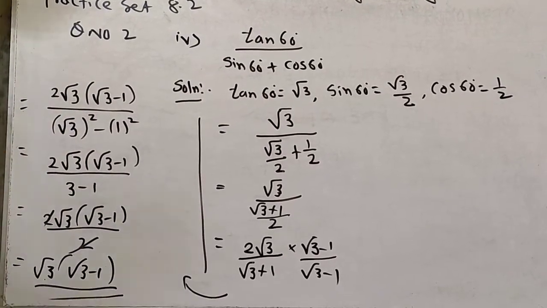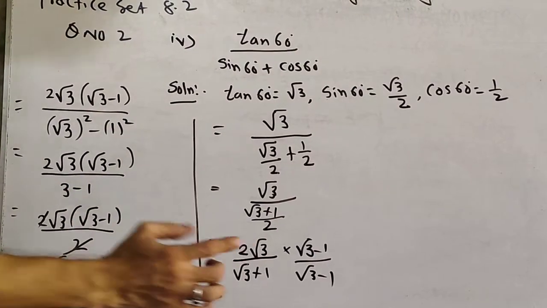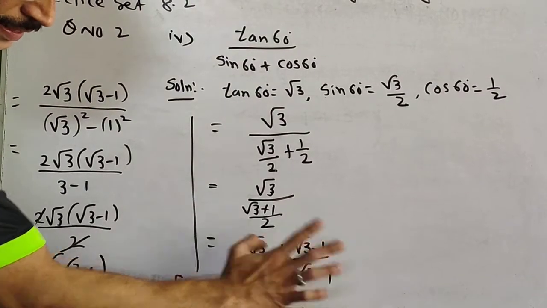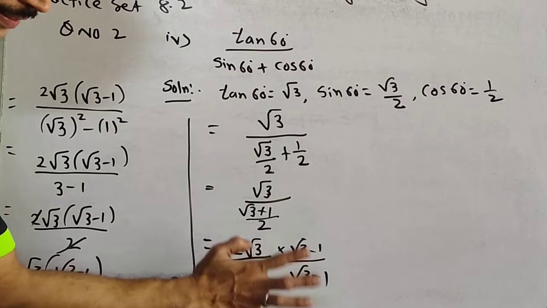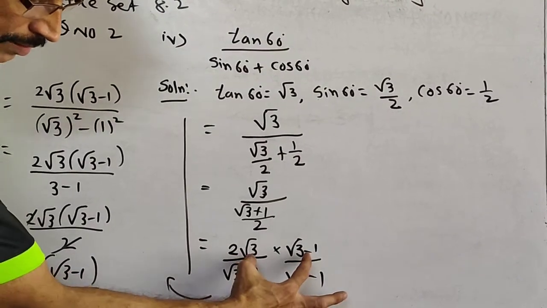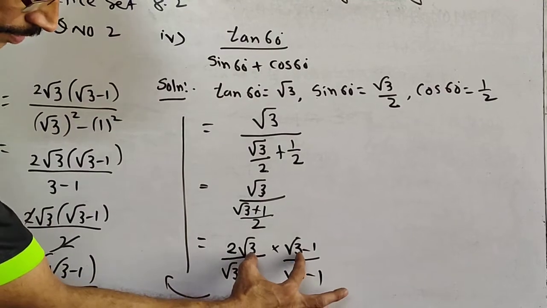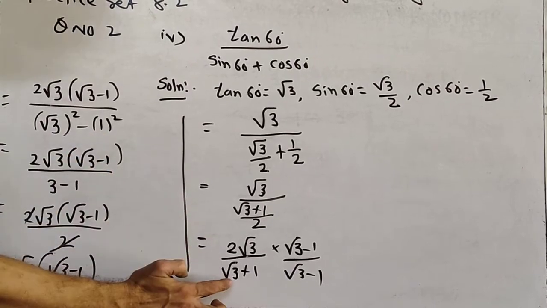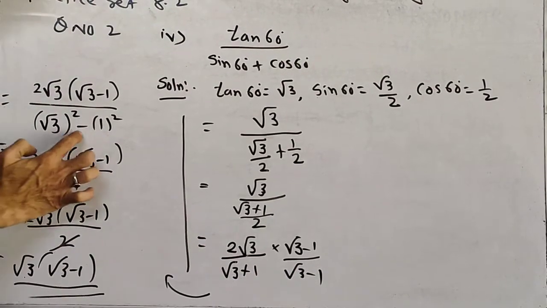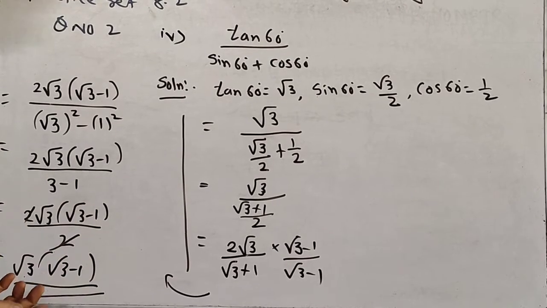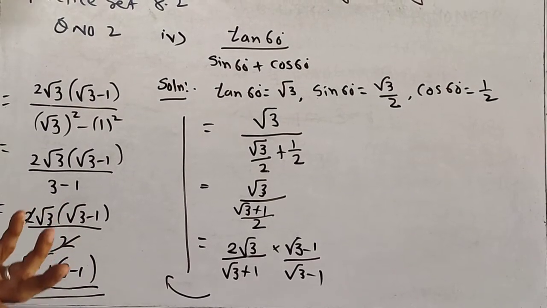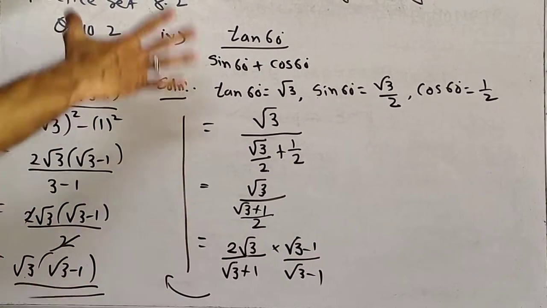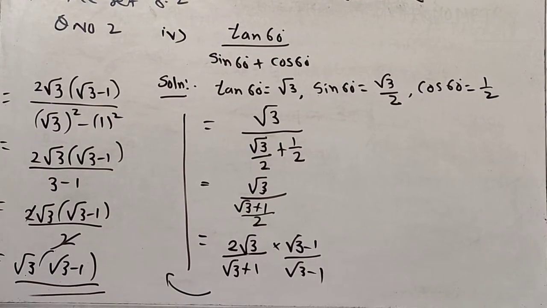Okay, why am I telling you? Because you have studied surds. So in surds, as we used to multiply with the conjugate, you know very well, you take the opposite of the plus or minus, and you have to multiply numerator and denominator both. So the numerator will be the same as it is. See, the numerator is the same. Only the denominator is in the form of a square minus b square. This is a and this is b, so a square minus b square. So you will get 3 minus 1. Very easy it is. It is not at all hard. So here 3 minus 1 is 2. 2 and 2 will get cancelled. You got the answer. So please copy it down. Sum number 4.